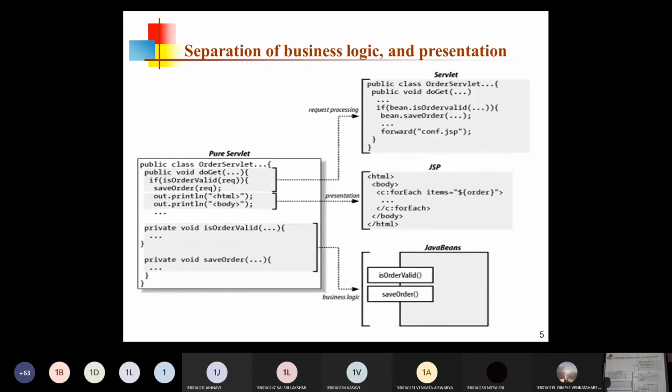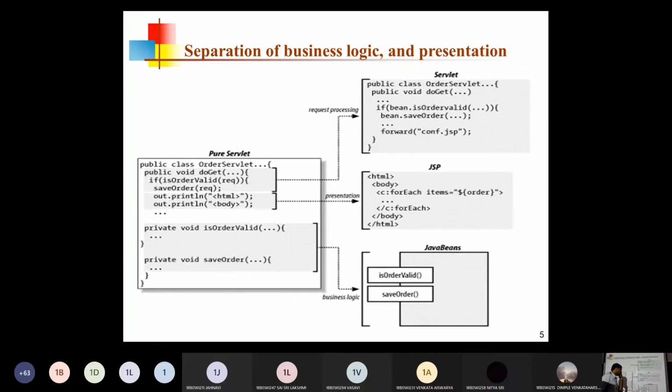And then separation of business logic and presentation. Generally HTML and JSPs can be used for showing the content to the end users. You have the content and you want to display it to the end users using web pages. For this we write HTML code, and similar to that HTML, we write JSP code here. Both JSPs and HTML are used for presenting something to the end users. So here we write the logic in such a way that we show some content to the end user. That logic is called presentation logic.